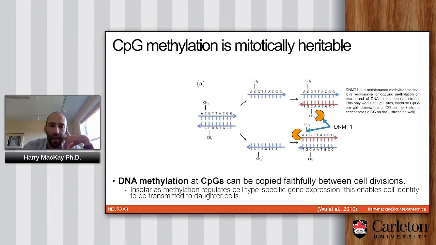What this means is that when the DNA is being copied and you take the two strands apart, each strand has a methylation on it. The forward strand has a methylation, and the reverse strand also has a methylation. When the DNA polymerase comes along and fills in the replica strand,